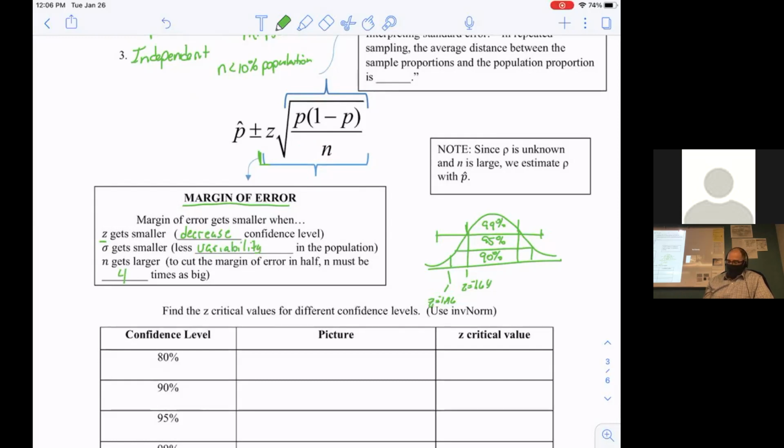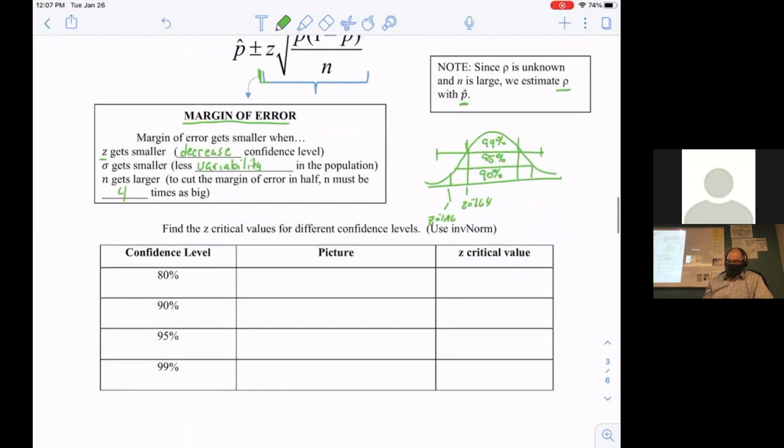Anything since p is unknown and n is large, we estimate p with p hat. So that is the principle of what we go behind here. We don't know what my population proportion is, but we're going to assume that since my sample size is large enough or sufficiently large, we're now going to use p hat as an estimate of p. Okay, but that makes us make sure everything is right. All right, so